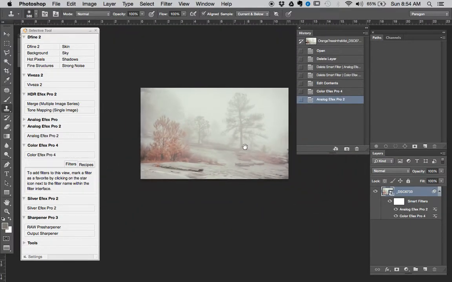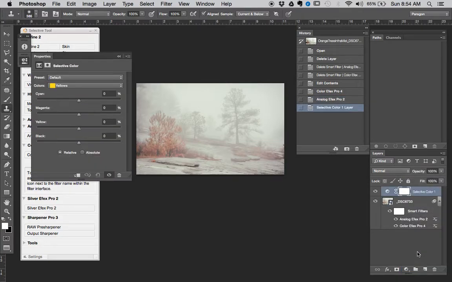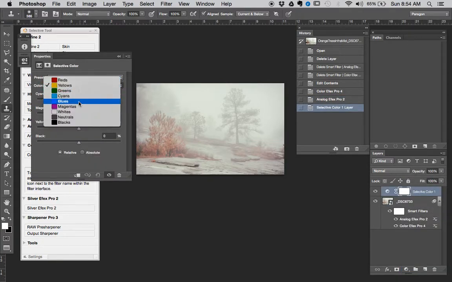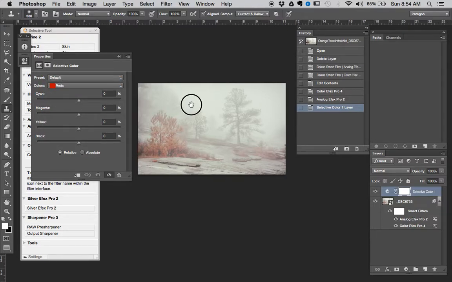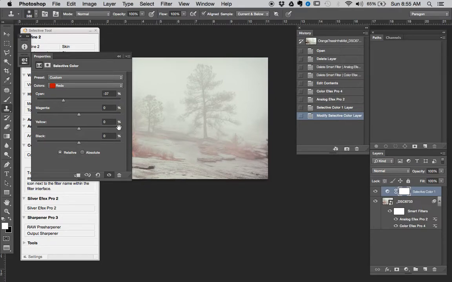Okay, so now what we're gonna do is we're gonna add an adjustment layer. We're gonna do selective color and try to pick up, see if it can read this. Good. So you can see what Photoshop considers to be red is this, which is what I wanted, and this, which